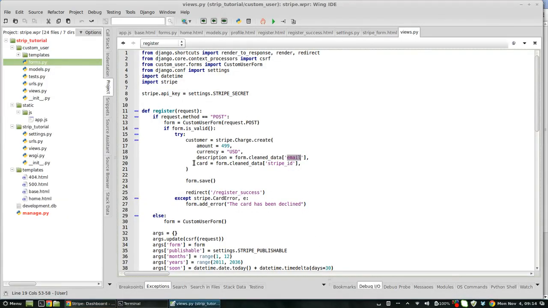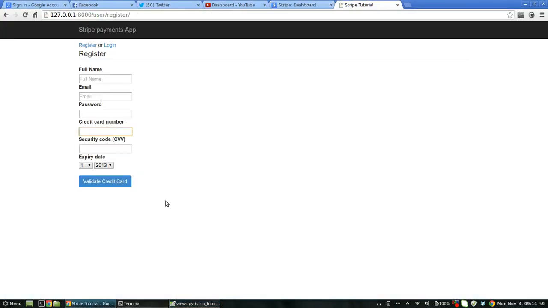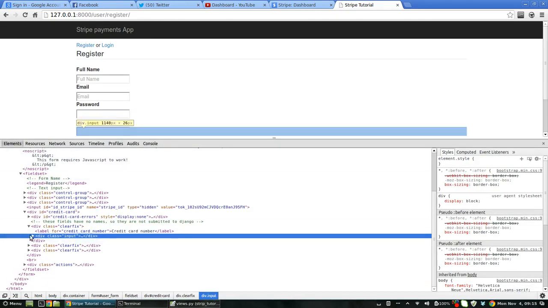So going back, we have this variable here called card. Now this is not the actual card number that you'll see on here. So on our form we have a card number here. This is not the value that you'll get back. You'll get something else, which is a hidden key. And if I just show you under the hood in the HTML, inside of here,